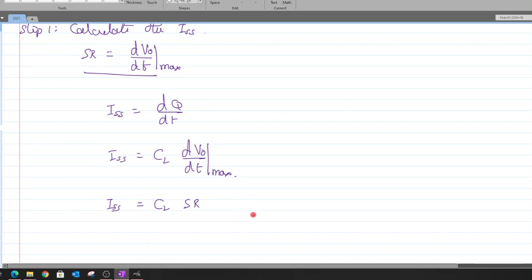When you multiply this 10 picofarad into the slew rate, which is defined as 5 volt per microsecond, there is a microsecond in the denominator, so you end up with 50 microampere. Hope there won't be any confusion with this. Because there is a micro in the denominator, when you bring it to the top it becomes 10 to the power 6, and when it gets multiplied with 10 to the power minus 12, we end up with a term equal to 10 to the power minus 6, which is calculated as micro here.